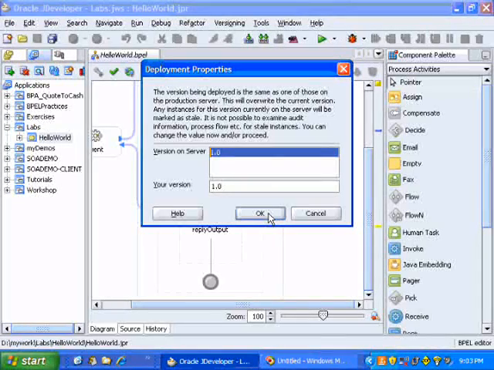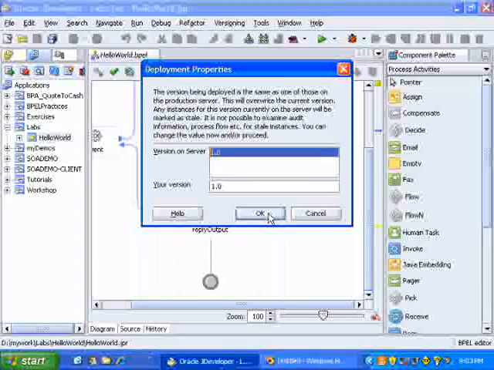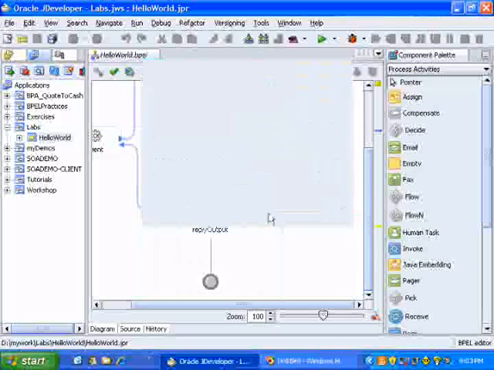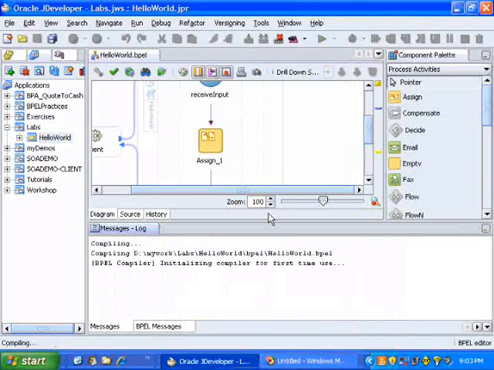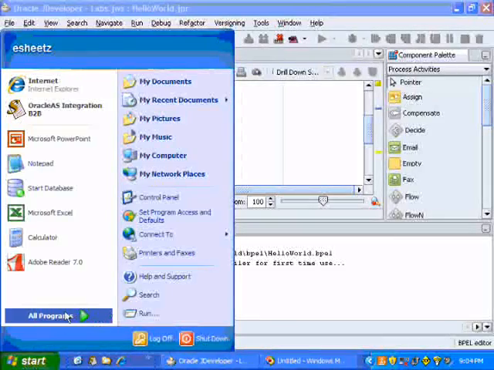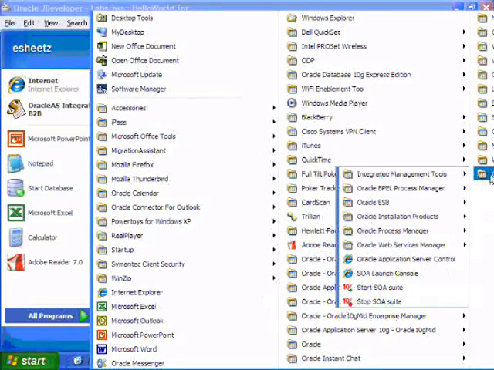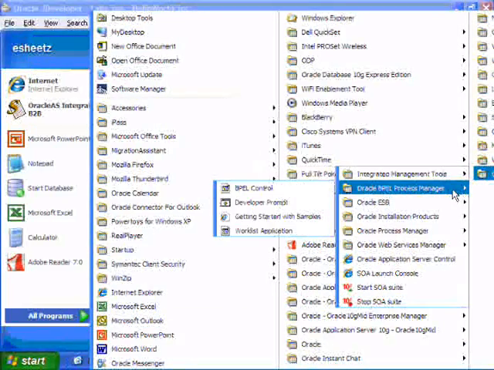This is something I've deployed to before, and so I'm being prompted with a versioning choice. If this is the first time that I had been deploying this, I wouldn't have been asked for a version number. So I'm just going to accept the default of 1.0. It takes about 15 to 20 seconds for this to compile and get deployed to the application server. So while I'm waiting for that to happen, let me navigate to the BPEL Process Manager admin console,